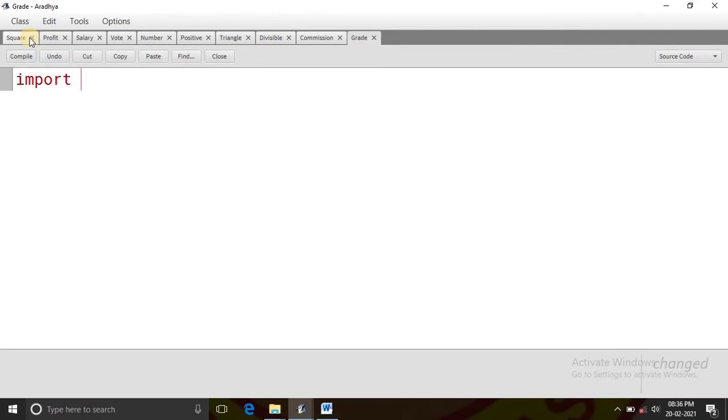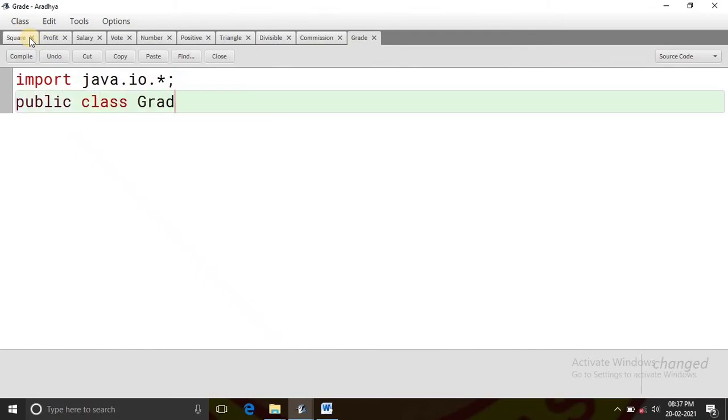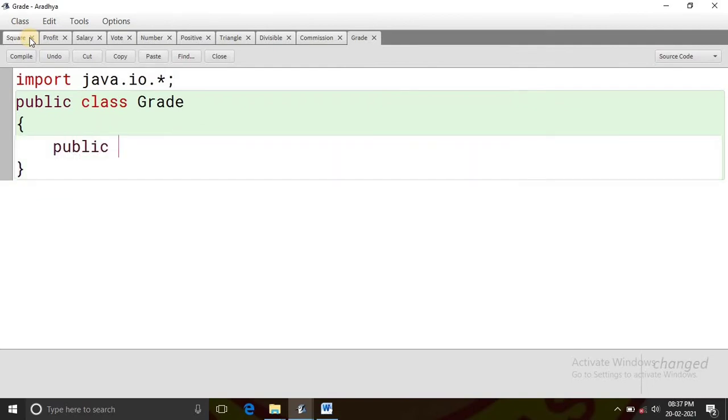First line we will write import java.io.*. Then we will declare the class public class grade. Then we will open the class parenthesis. Then public static void main